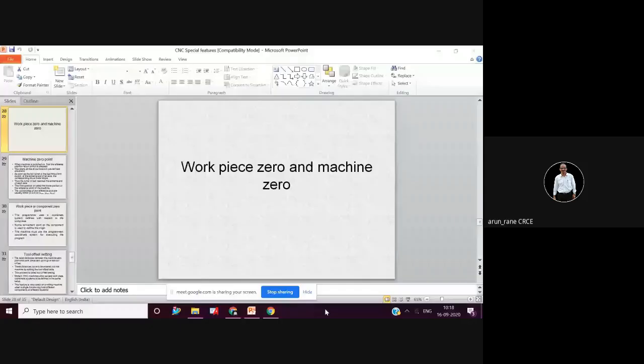Why are edge finders popular? Because it costs only 800 rupees, and probes cost lakhs, and generally the repairs cannot be done, whereas an edge finder can be repaired also, because there are not many components, only two pins, and in between there is a spring, that's all. Nothing else.